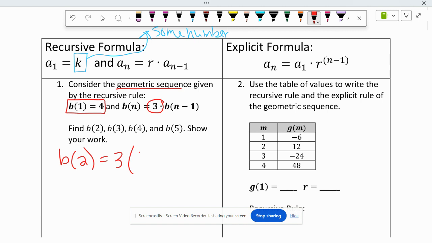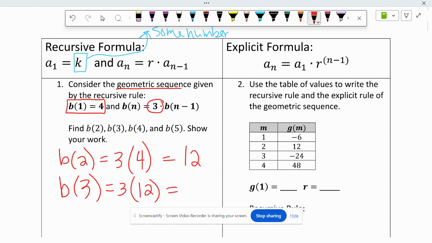Well, b of n minus 1 is b of 1, which is 4. So what is 3 times 4? 12. To find b of 3, we have to take 3 times b of 2, but b of 2 is 12, and 3 times 12 is